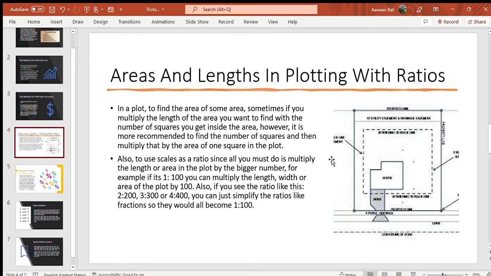Like if you see a 1, you can directly multiply by 100. But if you see a ratio like 2:200, 3:300, or 4:400, you can simplify just like fractions, like 2:200 divided by 2 both sides, 3:300 divided by 3 both sides, 4:400 divided by 4 both sides, and you'll all get